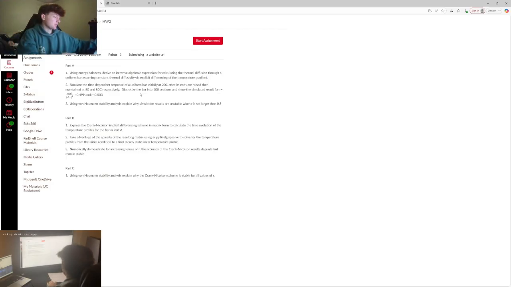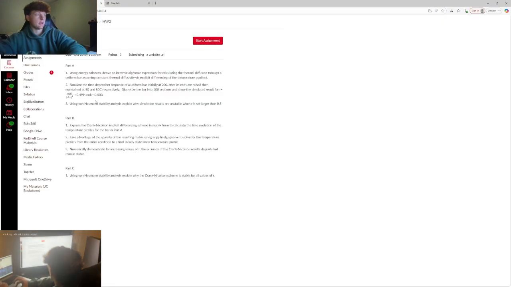And I forgot to mention, this R value is going to be our diffusivity times our delta t over our delta x squared from the last part of this video. It's just going to be that part, and we're just going to make it into a variable R. So moving on, let's go ahead and set our